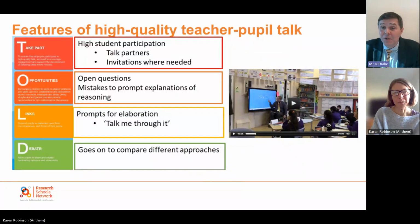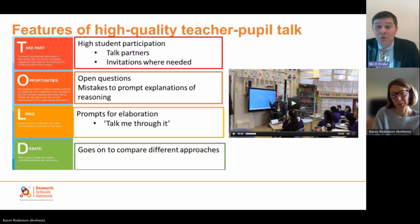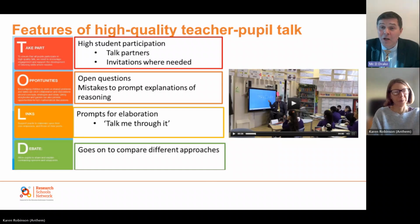So these are some of the features that we would get in high quality teacher-pupil talk. So how do we get them to take part? How do we get those levels of participation? Certainly a lot of the schools that I've been to have used mini whiteboards as part of this to try and get people to put their answers down and then maybe talk about it and share what's taking place. The opportunities that are there for mistakes and explanations, again, Karen's already referred to misconceptions and using those to inform and support our teaching, and having those open questions that means that teachers or pupils feel that